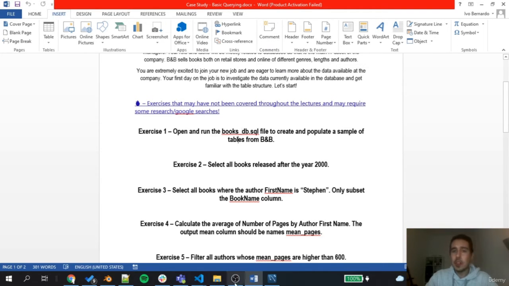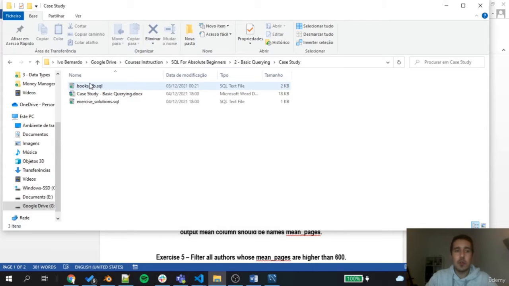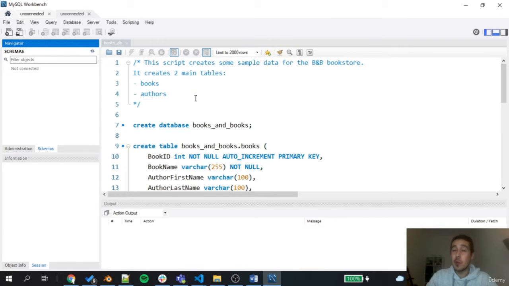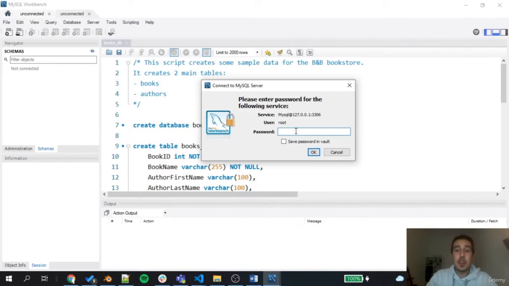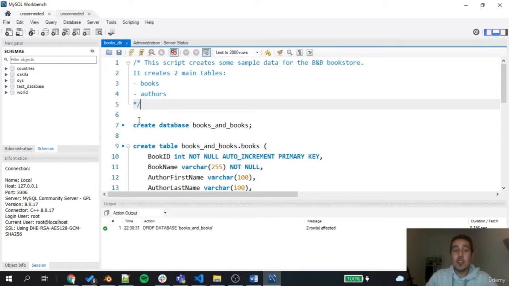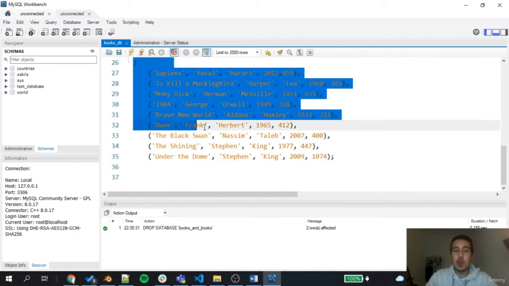To solve this exercise, really simple, just go to the folder of the course materials, open books_db.sql. This should open a new MySQL window, connect to your database, enter your password, and then just run this code. You can use all the methods that I've shown you to run. I'm going to select all the queries that we have here,